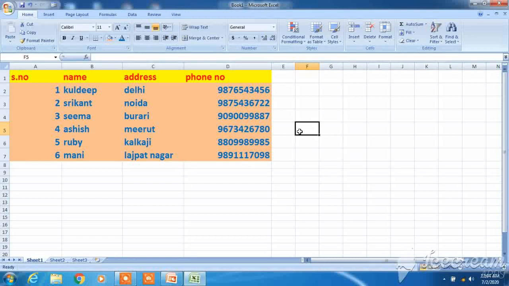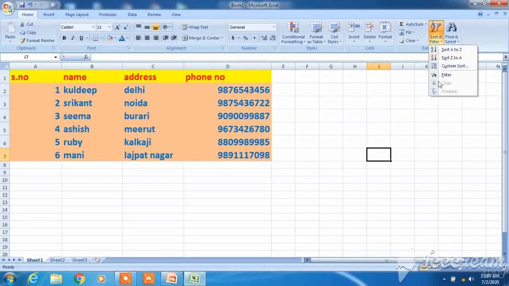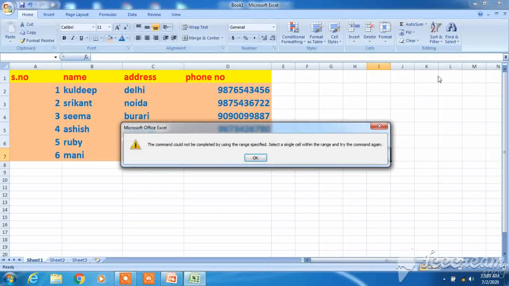Today we will learn filtering. So how do we do filtering? This is our data. I have not done anything. I just go to Editing and click on Filter. See, a message box says, this command cannot be completed. Why will this not be completed? What mistake have I made?